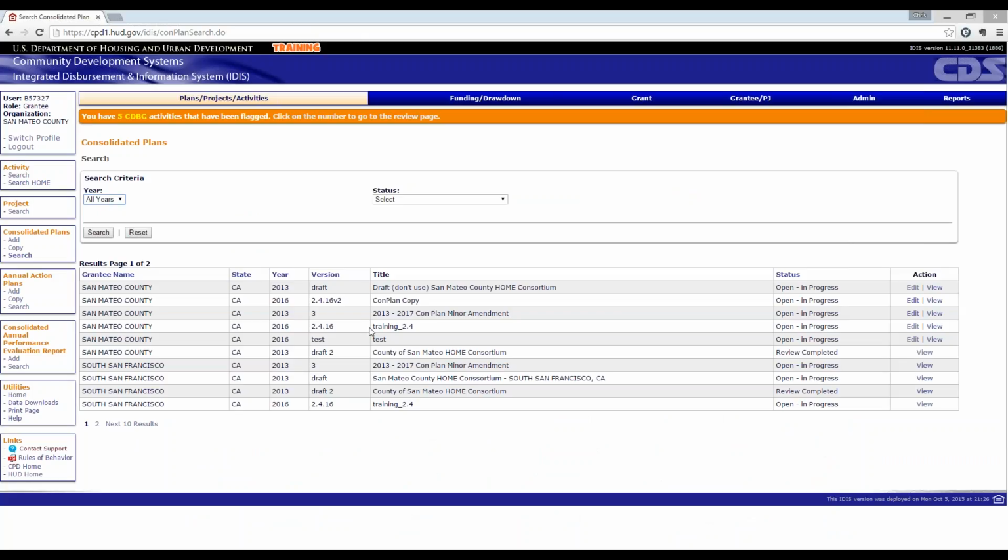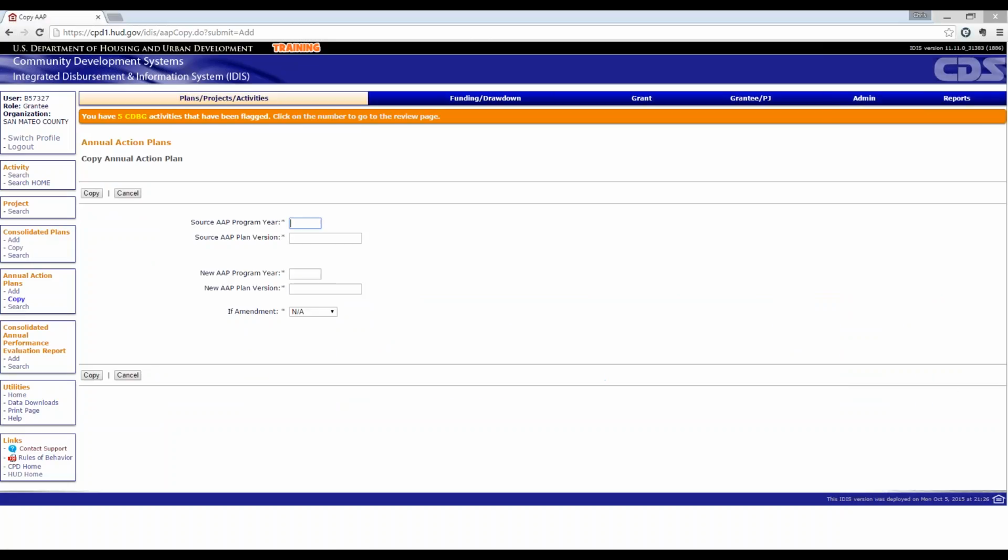So again, make note of the version and start year, right? 2.4.16, because again, your year one annual action plan is embedded in your consolidated plan. So make note of that version and that year.